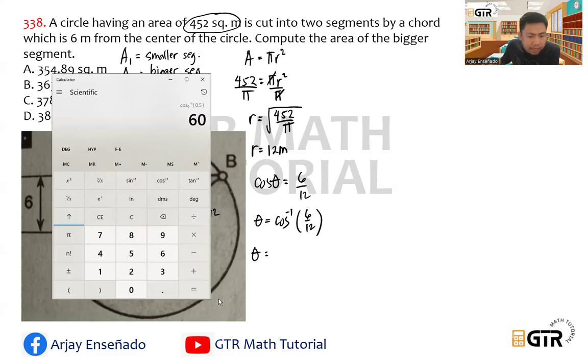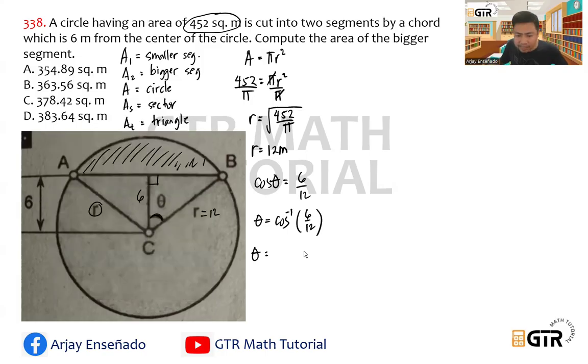0.5 arc cosine is equal to 60. Okay? So that is 60. But again, there is a rounding error for this because we assume r is equal to 12. We round off the value of r. So we have theta is equal to 60 degrees. So therefore,